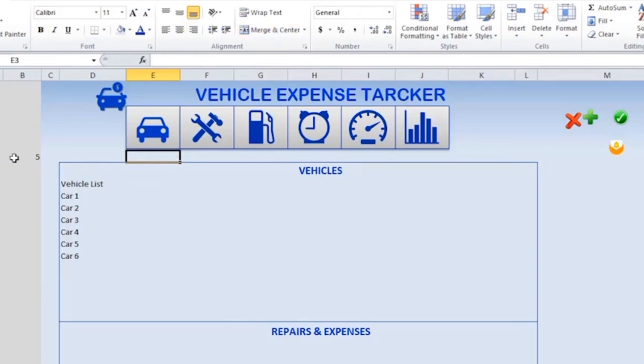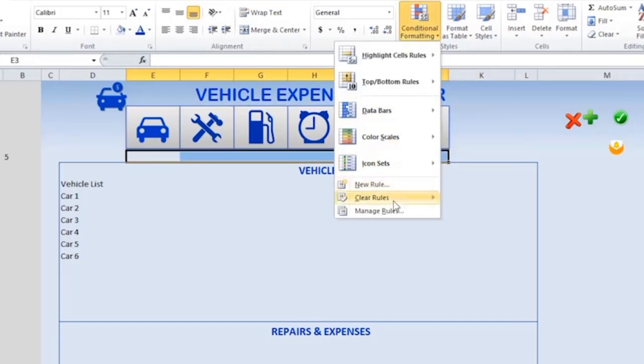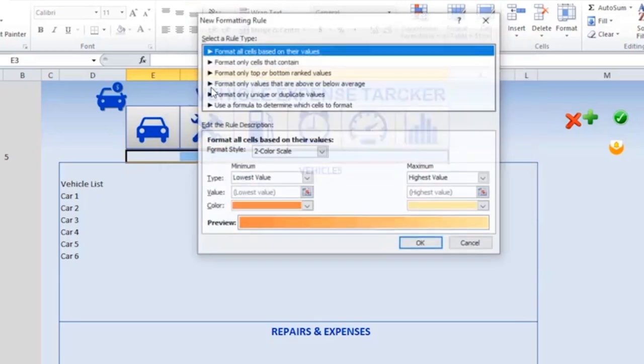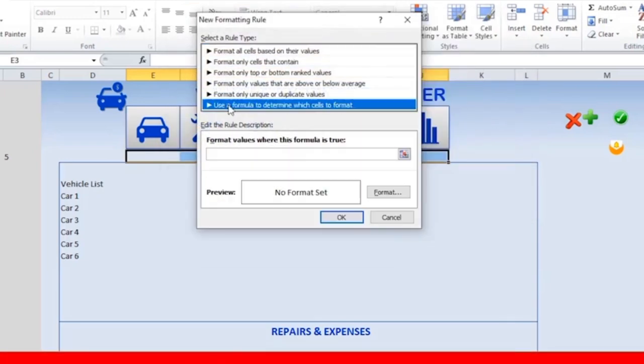So when this turns 5, what do I want to happen? I want to give it a special effect. What kind of effect? Let's highlight all of the cells in which we want to apply the conditional formatting, manage rules, and then create a new rule. And I'm going to go into format, and I'm going to use a formula, I should say, and I'm going to use a formula equals column